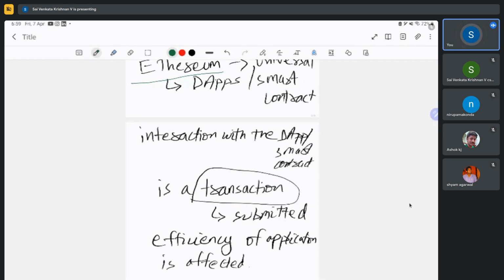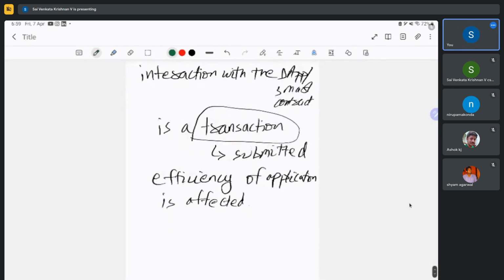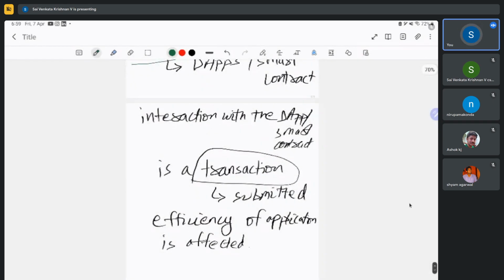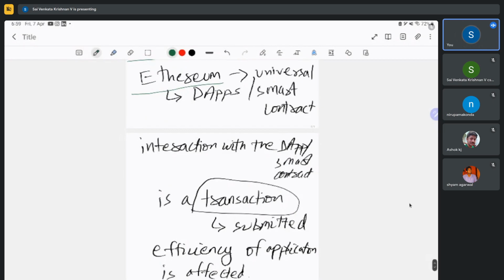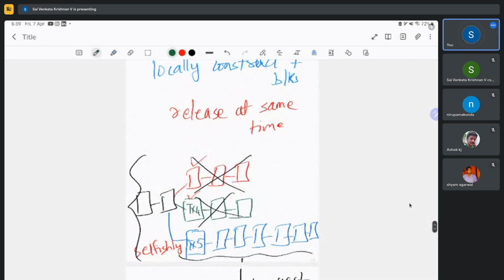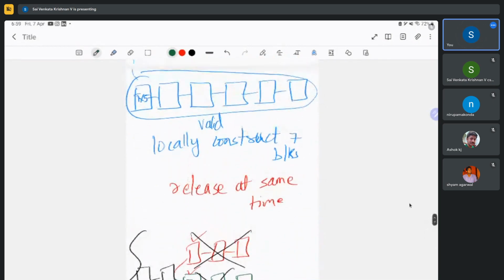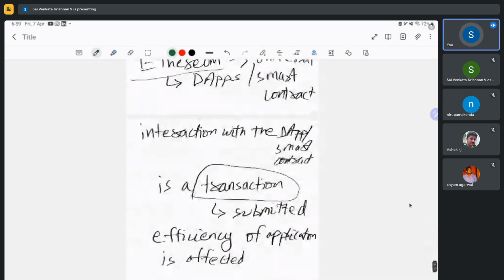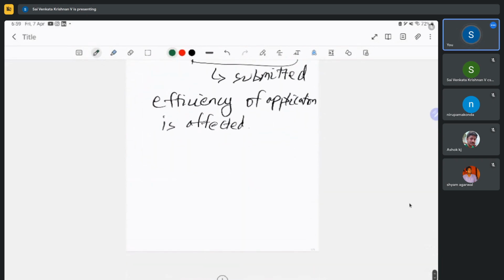So Ethereum should somehow improve the transaction throughput per second. So what Ethereum does is, instead of increasing the block size naively and reducing the difficulty, all these things, it follows something called the